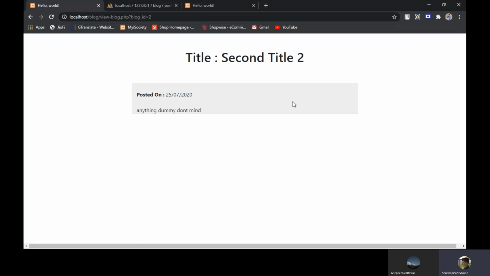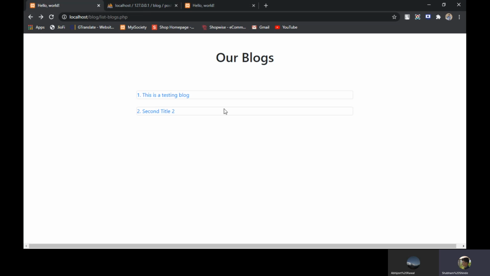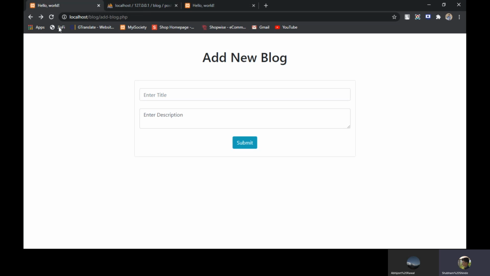Yes, that's looking good. Now we are ready to insert, read and display blogs. So back to our blogs. We'll refresh this. Let's start from the beginning. First, we have created forms. Second, we have established a connection, then fetched the form data, then defined a query, and then inserted into particular columns and stored data.